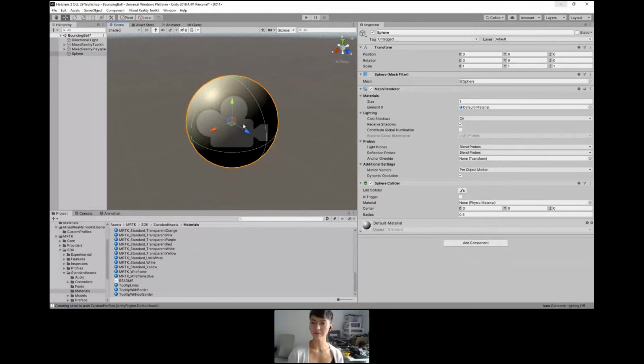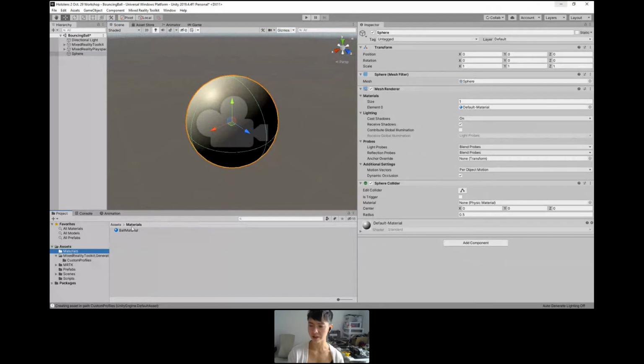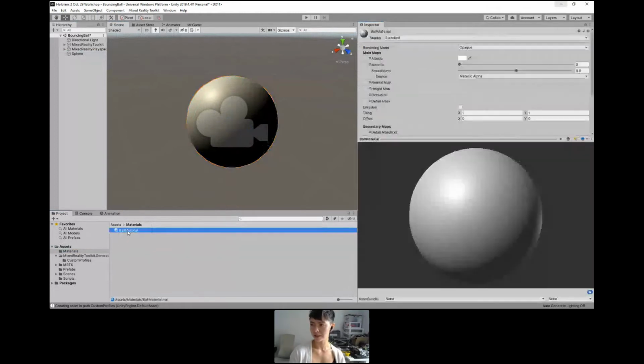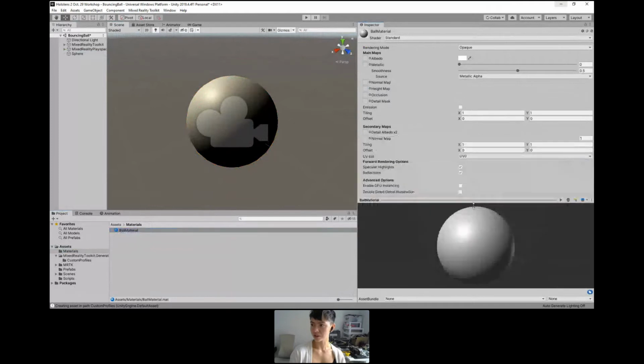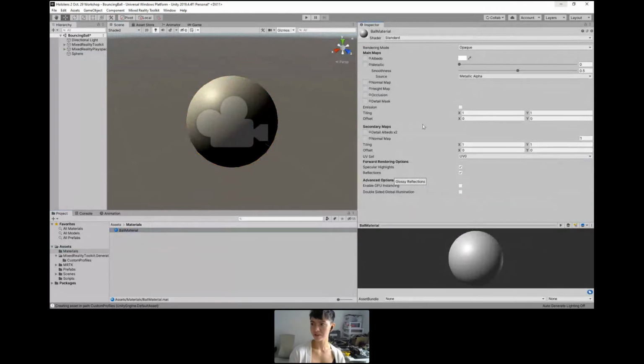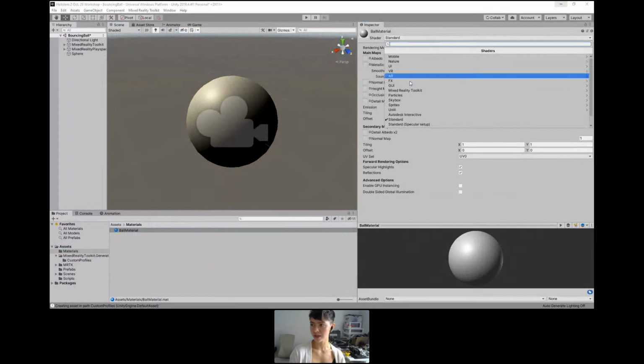So this is a little boring because it's gray. Let's create a material, and I already have a material here. So this ball material, I'm going to drag that into the mesh renderer. Now this ball material we're going to fiddle with here, because the mixed reality toolkit has some shader standards. I'm going to click on this, and we have the mixed reality toolkit here. And let's do a standard shader for the mixed reality toolkit,